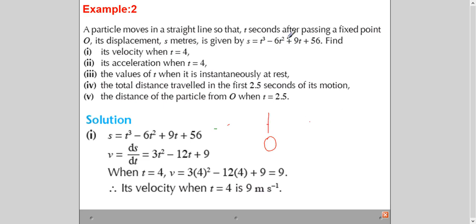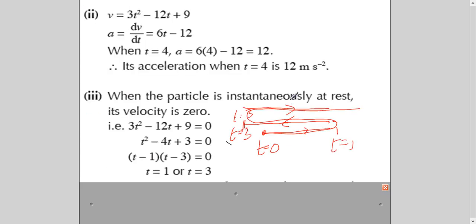But suppose when you substitute it, the answer that comes is representing this distance from here till here. But what is the question saying? It is saying find the total distance in 2.5 seconds. And we have seen here that when the object starts moving here, after 1 second it took a turn. And then it will move till 2.5 seconds, somewhere here roughly. So I have to calculate this distance. It means I will find out the distance covered from 0 second to 1 second, and then from 1 second to 2.5 seconds. Or in other words, from here till here, what is the distance? And from here till here, what is the distance?